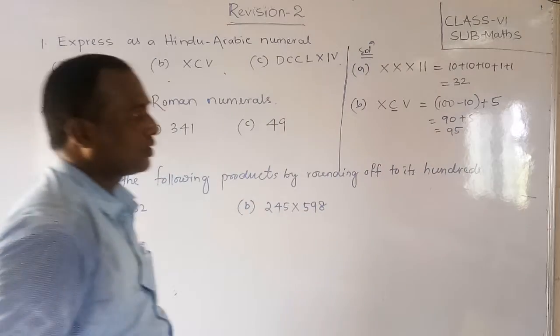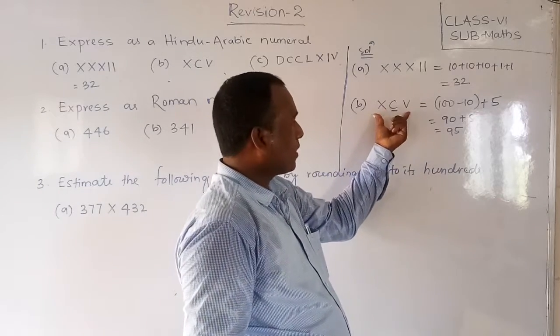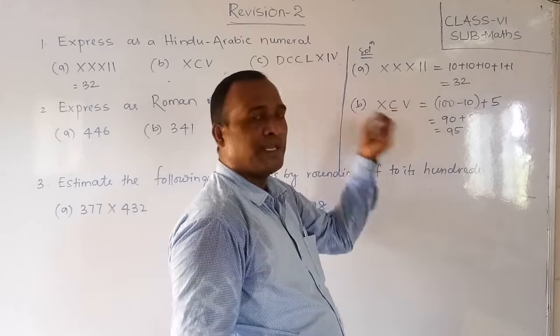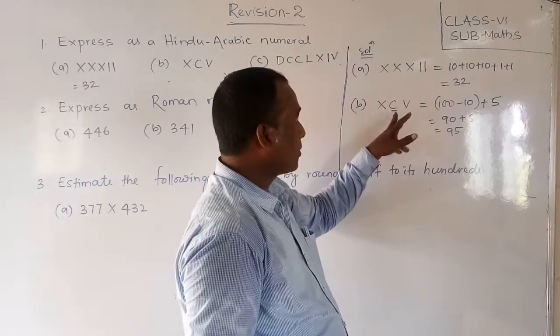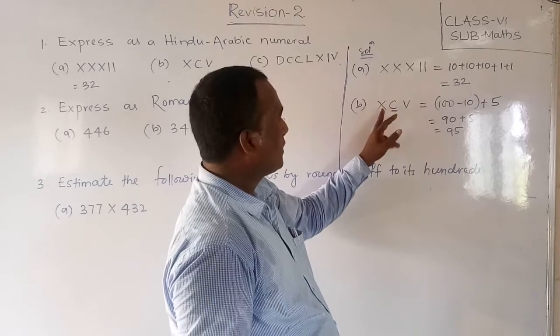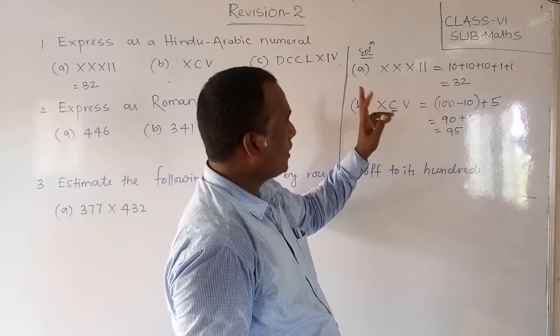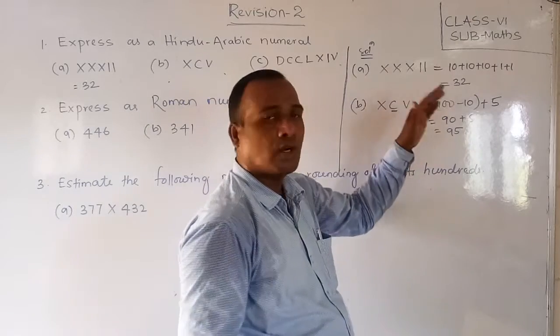Are you clear, students? Once again I am saying, if there are some Roman numbers, you have to observe which one is the big one. From the big one you have to go forward. For the first big number, if you see one number on the left side, first do the subtraction, and immediately after that you have to add the right side number.